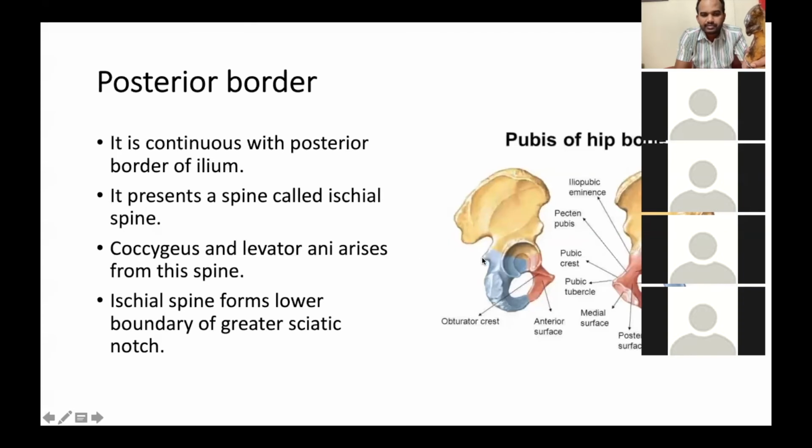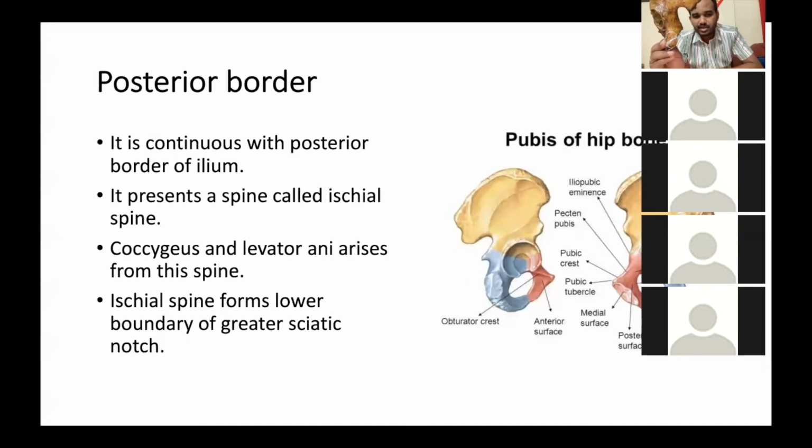Can you see the spine here? Yes, sir. Here also you can see. Are you able to see? This is the ischial spine. And this ischial spine gives attachment to a ligament called the sacrospinous ligament. What is it? Sacrospinous ligament. And not only that, this posterior border also gives origin to the muscles coccygeus and levator